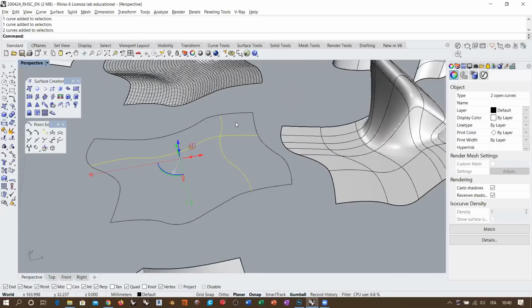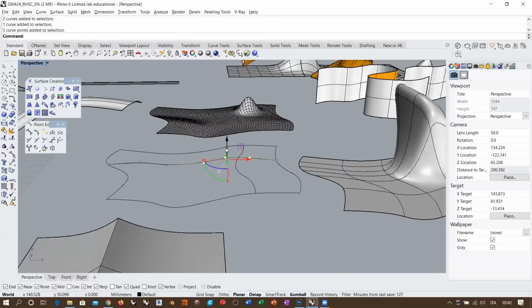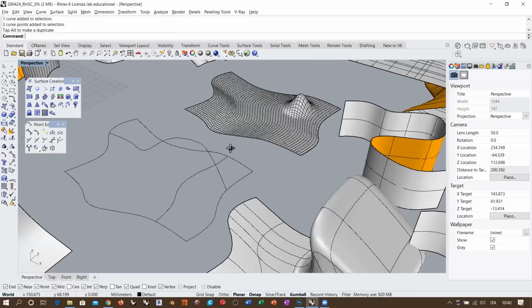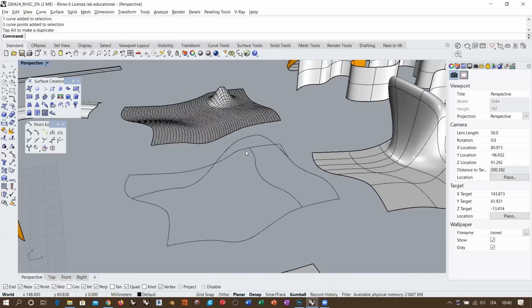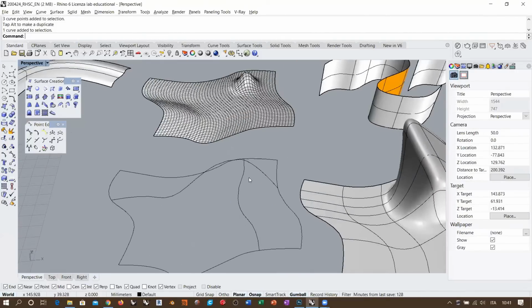So if I want to create a bulge here, I must take one curve, take its control points, and move them up to the desired height. And if I want to do this, I also need to take this isocurve, the opposite isocurve, and make it intersect with this U isocurve. Now, in order to do this, I need to prepare the isocurves properly. So, for example,